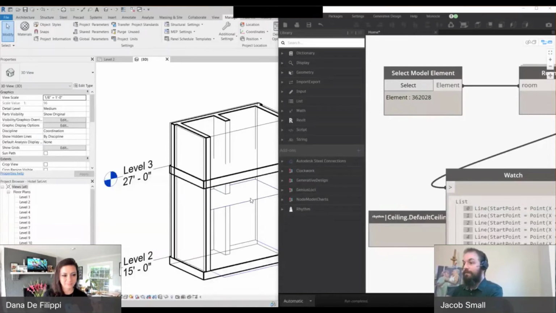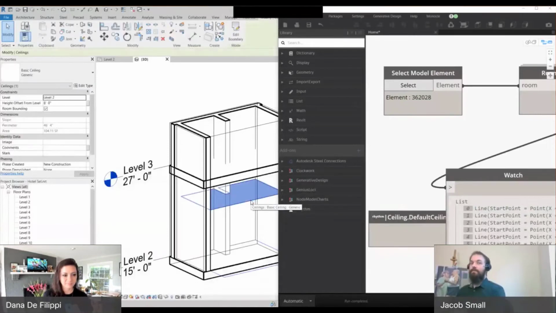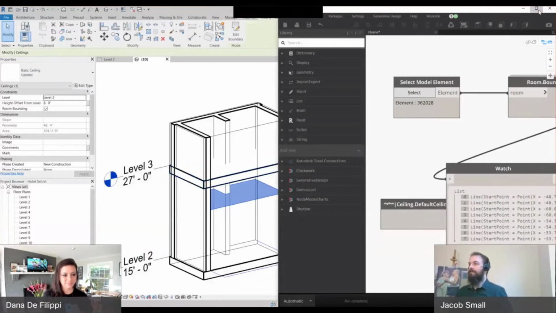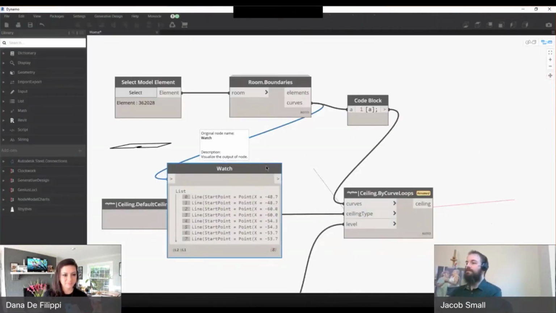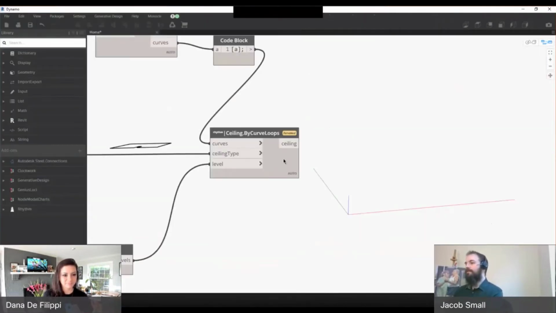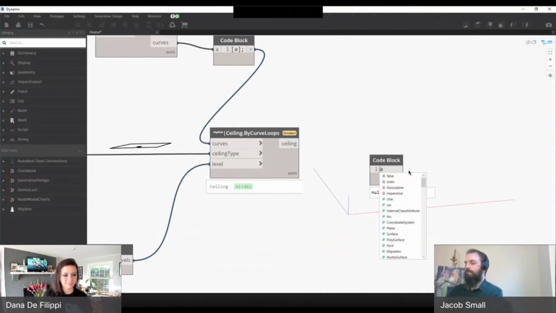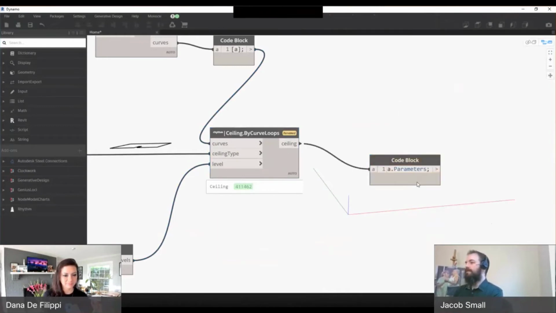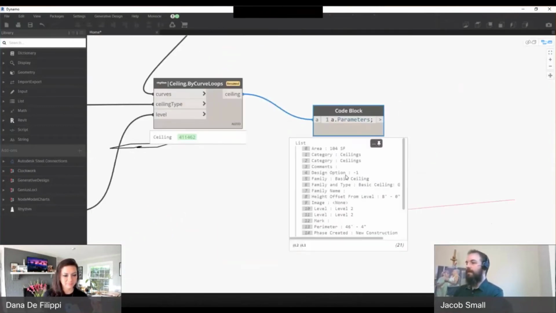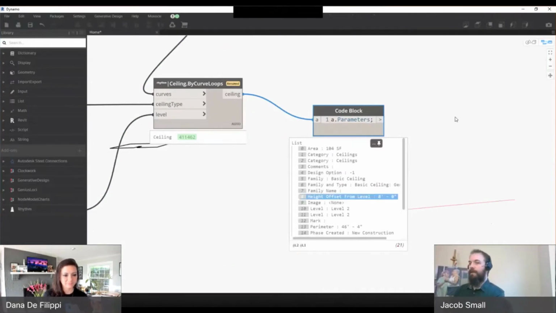So now my ceiling's been created, and this is something we've never been able to do before, right? Once that's been created, we can start to make those extra changes. From here, we can pull the parameters for that ceiling, and then we can start to modify that content, right? So the offset from level right now is 8 feet. If we wanted that ceiling at 9 feet,